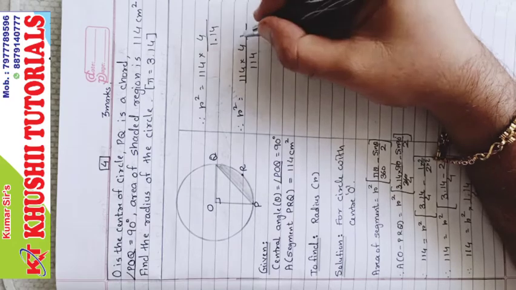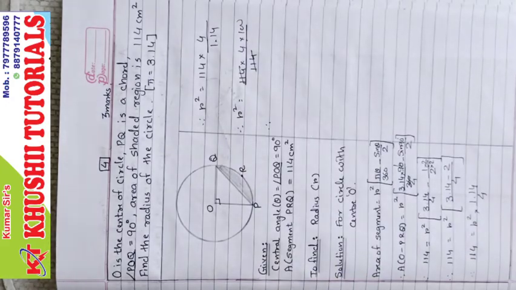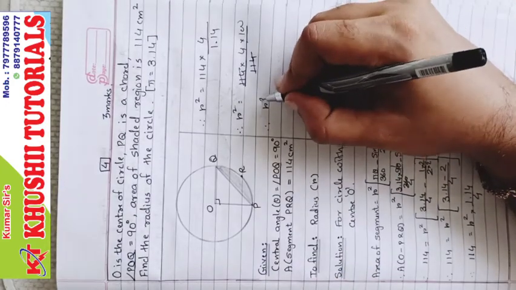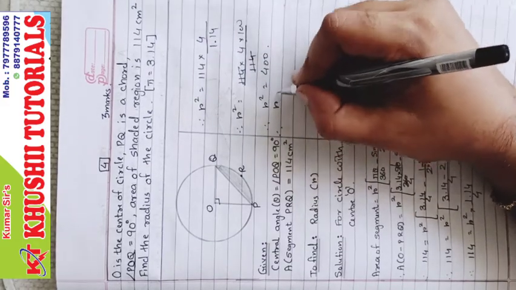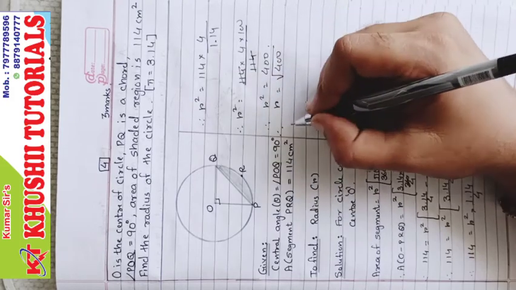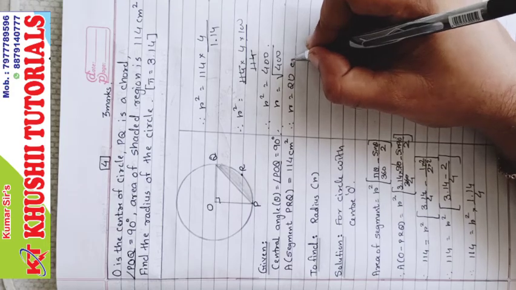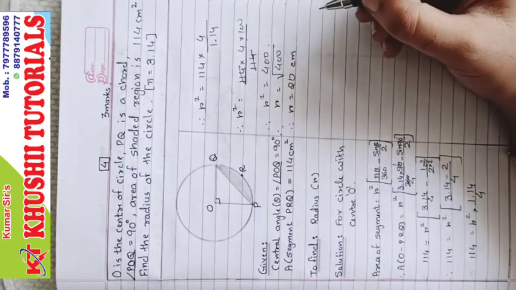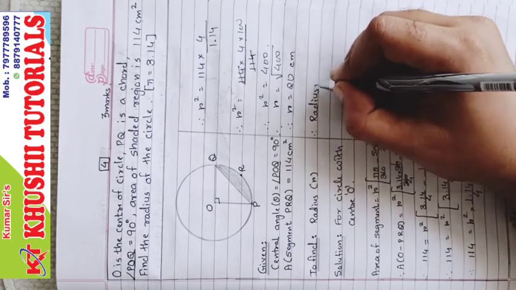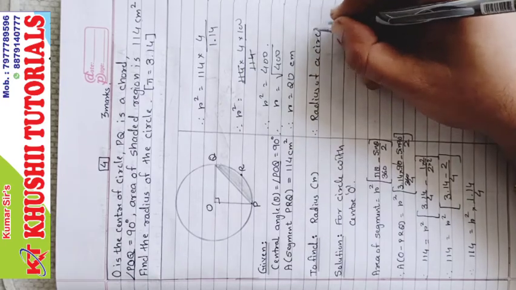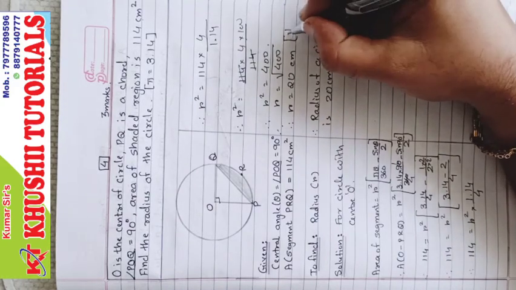After decimal we have 2 points, so 100 will go up, 114 will get cancelled. So we got r square equal to 400. That means r equal to square root of 400. Therefore r equal to 20. Units are given, yes, centimeter. Unit is given centimeter square, so centimeter radius. Therefore radius of a circle is 20 centimeter. Here we have to write taking